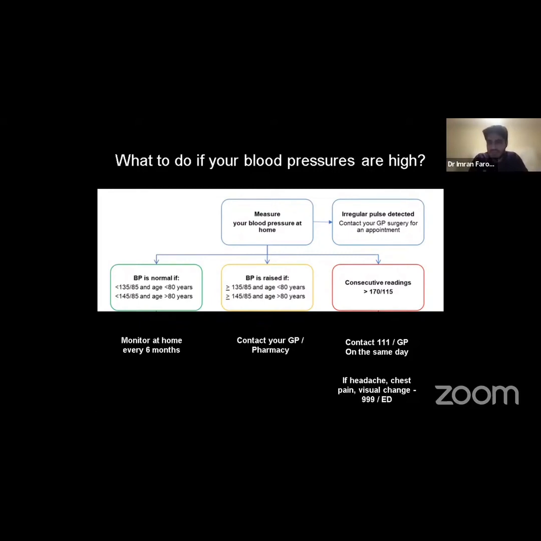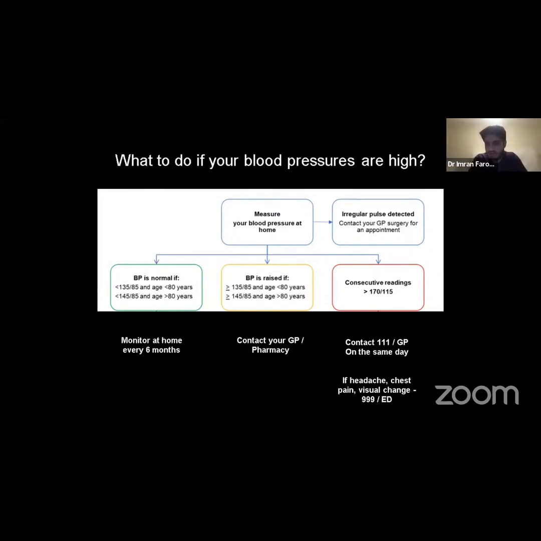But if your readings are consistently over 140 over 80, then you might have what we call hypertension or high blood pressure. And that's when to go and see your doctor or your pharmacist. Show them your readings. They can confirm or say otherwise that your blood pressure is high. And the likelihood is you'll then need to have some form of treatment to help you keep it under control.